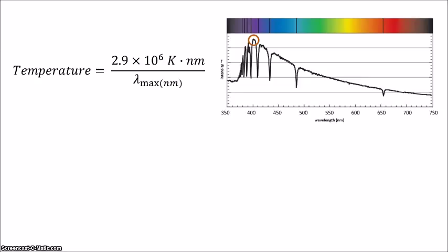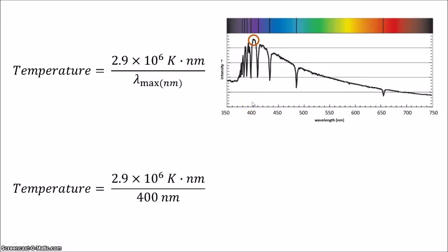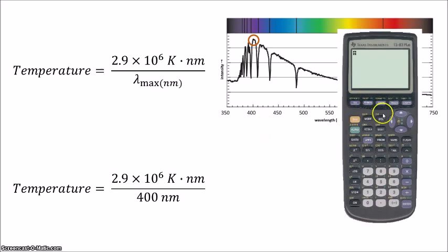So I use this equation here, which is shown in your book, which is 2.9 times 10 to the 6th Kelvin nanometers, divided by lambda max. Our lambda max is where we had the maximum intensity of this star, which was at about 400 nanometers. I plug that into the equation, the 400 goes into lambda max, and I use my calculator. So 2.9 times 10 to the 6th, this is scientific notation, divided by 400 nanometers. This little e that I've typed in just tells the calculator times 10 to the, and then I tell it which exponent it needs to do. So 2.9 times 10 to the 6th divided by 400, and I get